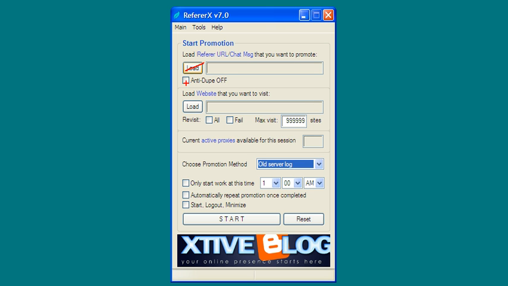you have an option to either click the anti-duplicate off or not. So what does this anti-duplicate off mean? By default it's not checked, which I also advise you not to check. By default, ReferX will store information about which websites have been visited. By having that type of log, it will prevent us from visiting or promoting the same thing to the same website again and again, until the point where people will see you as spamming, which we don't want to happen. So we have set this as a preventive measure,